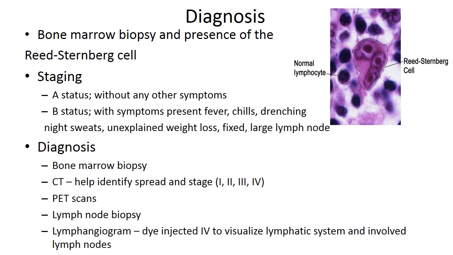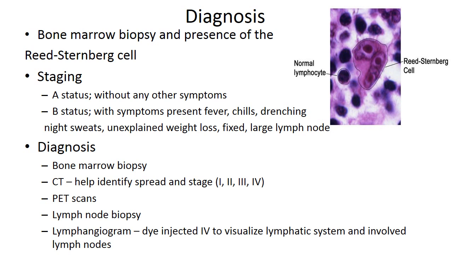Diagnosis, what they do to diagnose Hodgkin's lymphoma is usually the bone marrow biopsy to define that Reed-Sternberg cell. CTs are often done to help identify the spread and the stage of the disease, and actually PET scans as well. So what my friend that I know actually did was have a CT done, and there was actually